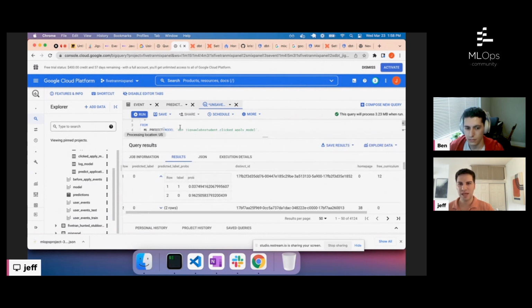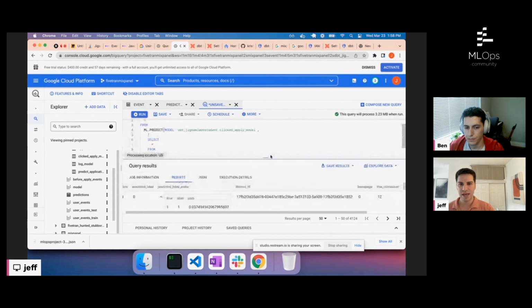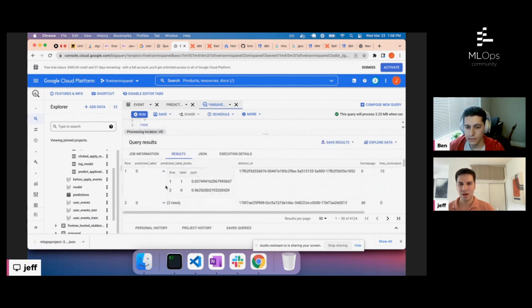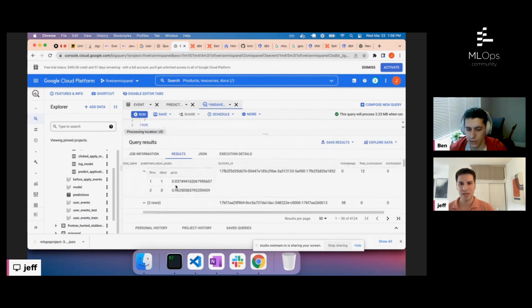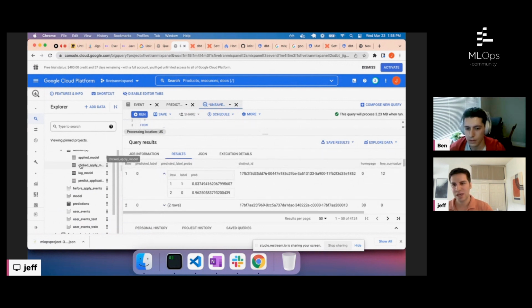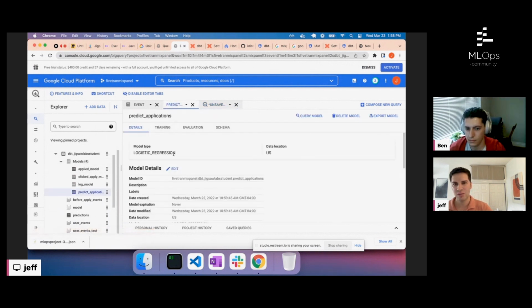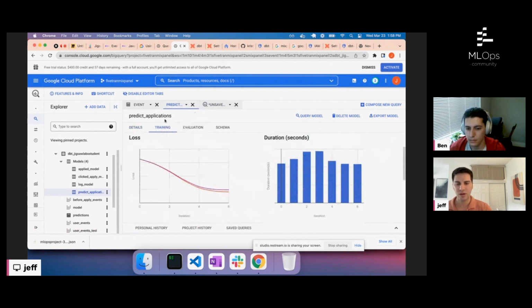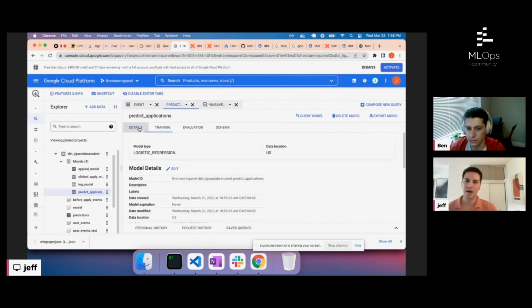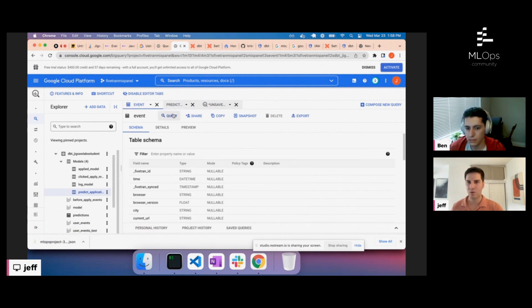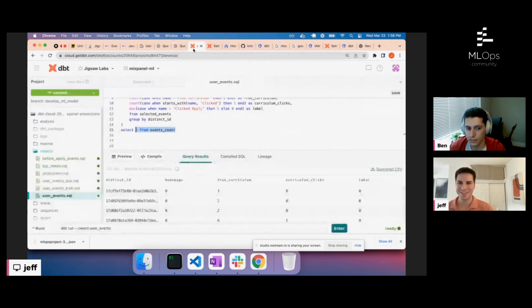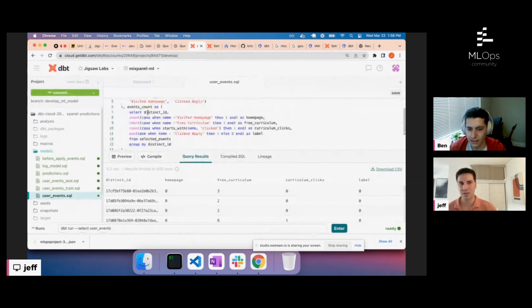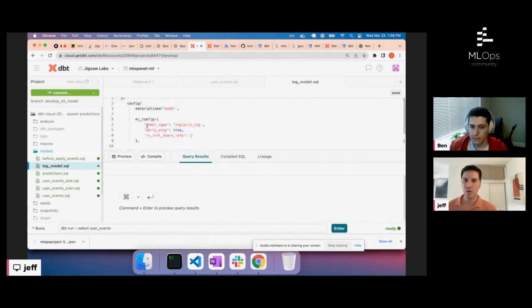I think one mistake is that this distinct ID, I wonder if I fed the distinct ID into the model. I don't think I did, but it's possible. I wonder if it shows me. Oh, so you can see these different things, but I should not have fed the distinct ID into the model. I would have to look back at the query, and that's a reason to use DBT, is that these types of things are stored. We're running out of time, so I just wanted to show you what you can do is